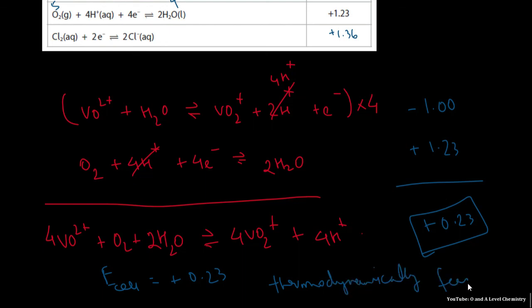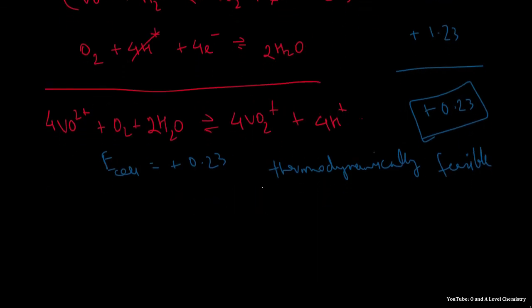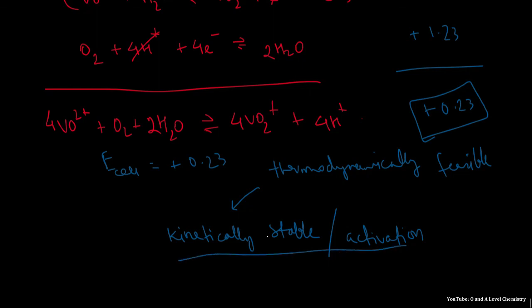But it's not happening. If any reaction is thermodynamically feasible but it's not happening, in A levels you can just go ahead and say that this reaction is kinetically stable. That means the activation energy is too high. That's why this reaction is not happening. You can pretty much say this all the time. Whenever you see any reaction that is thermodynamically feasible but doesn't happen, what's the reason? It's kinetically